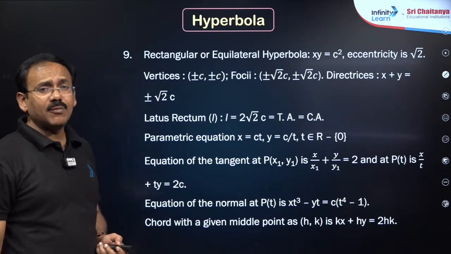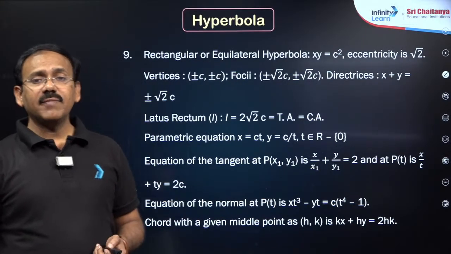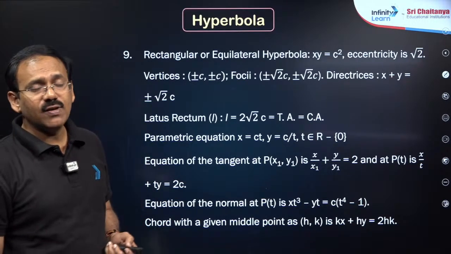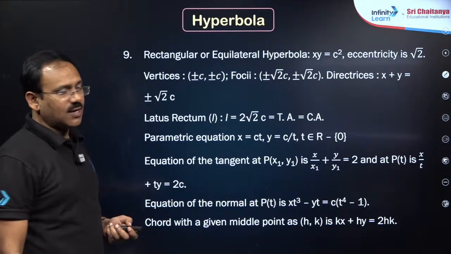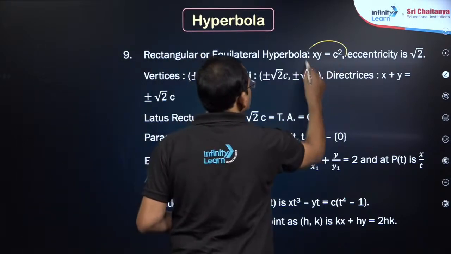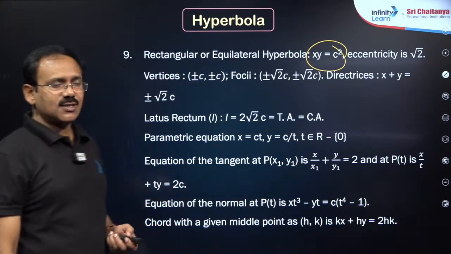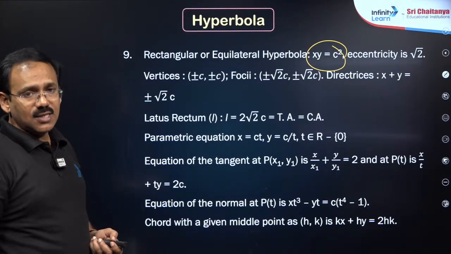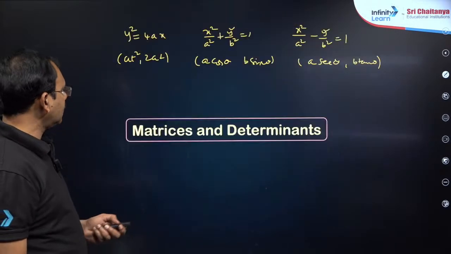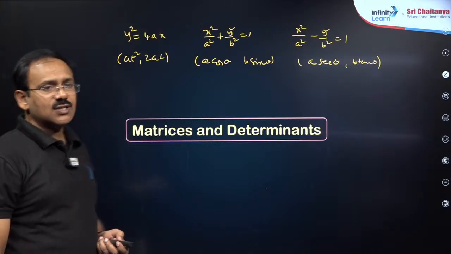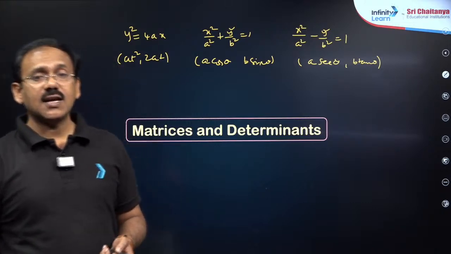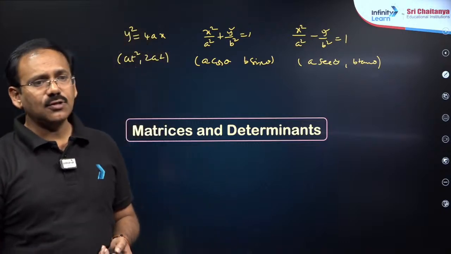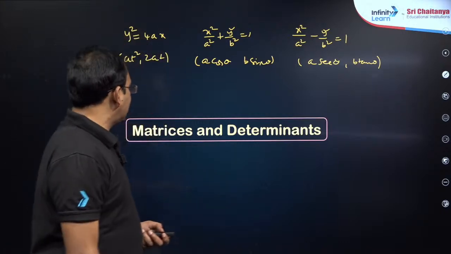Then rectangular hyperbola is that where the length of the major axis is equal to the length of the minor axis, that is a is equal to b, and hence you will get x square minus y square is equal to a square kind of. Even xy is equal to c square is also a rectangular hyperbola, dear students, for which you can take the general point like (ct, c by t). Next, with this, dear students, we have done differential calculus and the entire coordinate geometry. Then we need to go back to algebra.